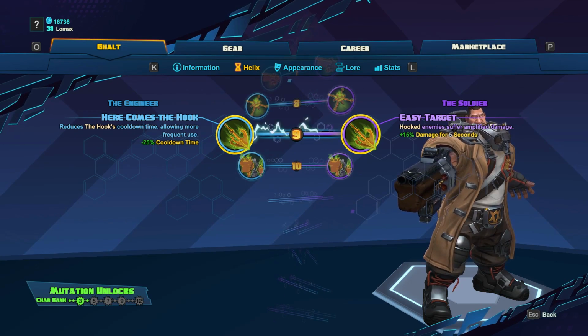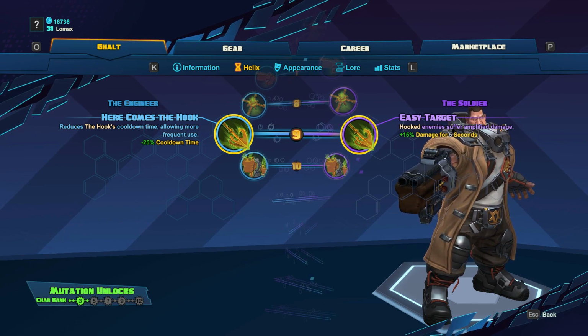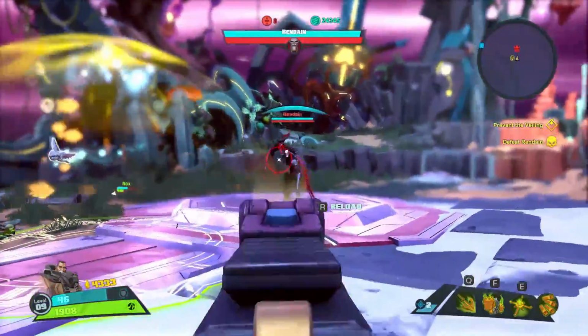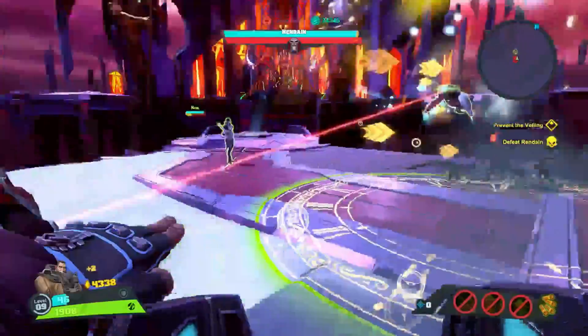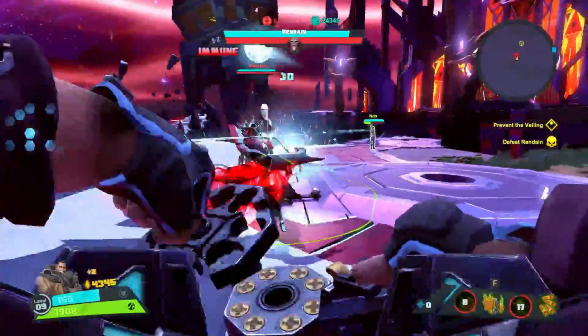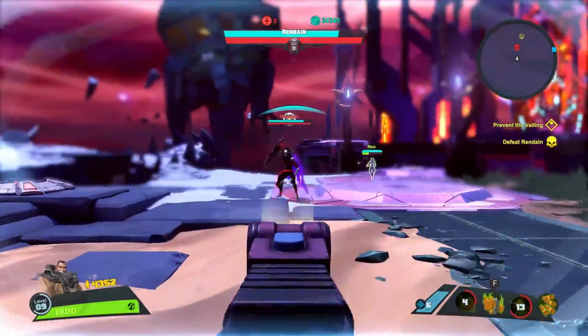At level 9, we're going to get 2 buffs to the hook: Here Comes the Hook and Easy Target. Here Comes the Hook is going to reduce the cooldown of the hook, allowing for more frequent uses of it. Definitely not a bad skill to have, as being able to use your hook more is going to give you a higher chance of landing one and then finishing off your